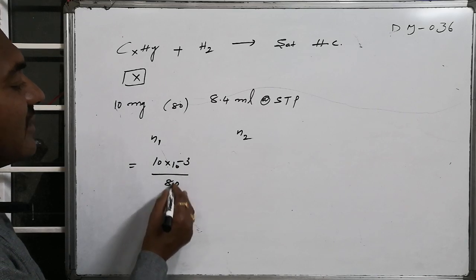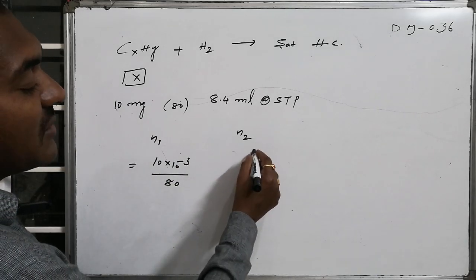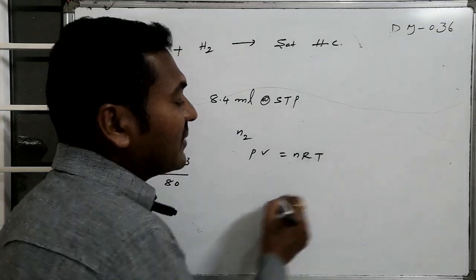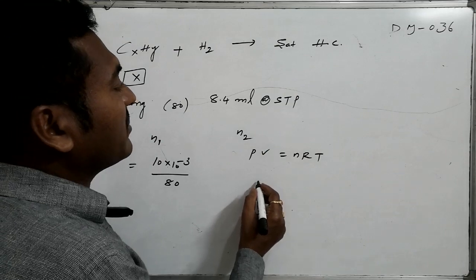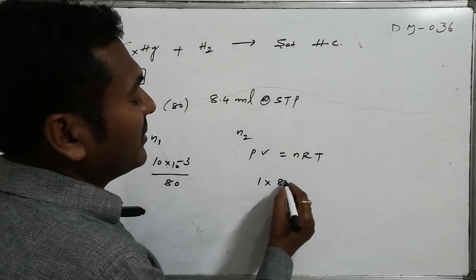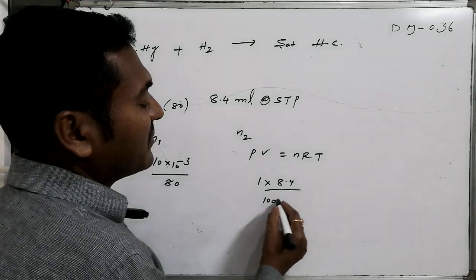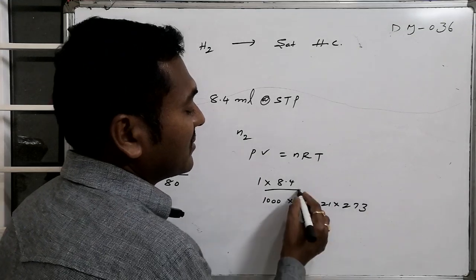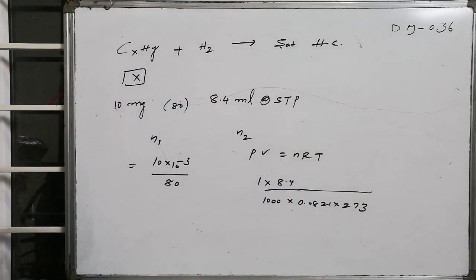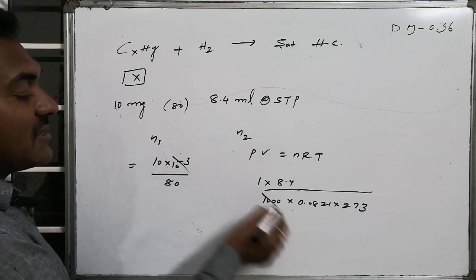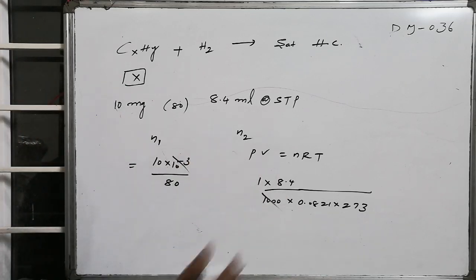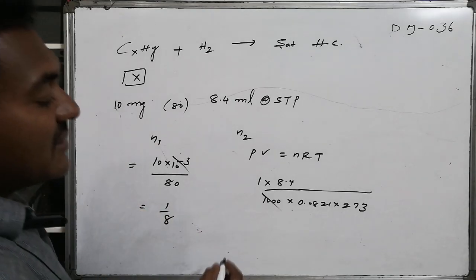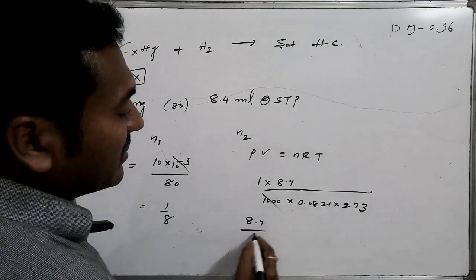Whereas N2, from the ideal gas equation PV = nRT, n becomes equal to PV by RT. Pressure is 1 atmosphere, volume is 8.4 ml, that is 8.4 by 1000, divided by 0.0821 into the temperature, that is STP temperature, 273. This 1000 and this 1000 get cancelled. If I make N1 equal to 1, then how many times of N2 is there? So this becomes 1 by 8, whereas this becomes 8.4 divided by